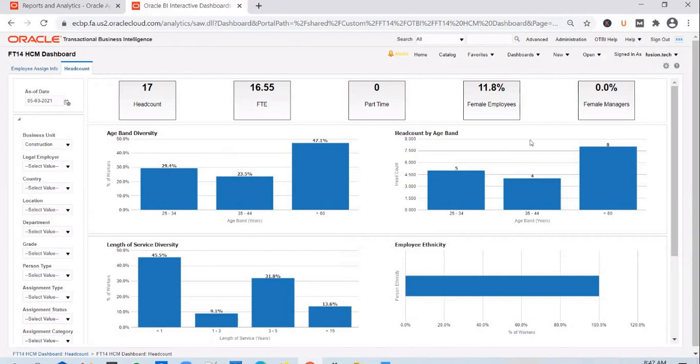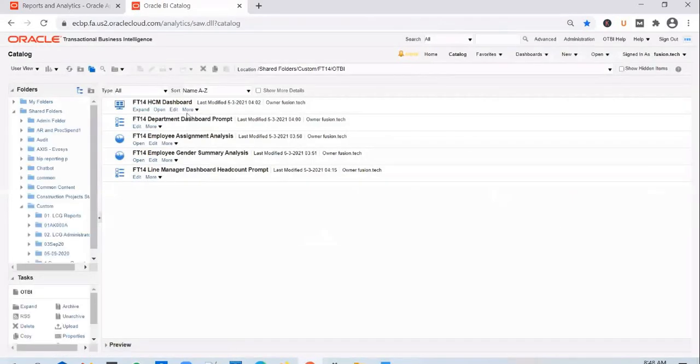And let's say the client has asked you to make some change at the report level. Say, for example, for this report, they said they're not okay with a vertical bar chart output. They want to see it as a horizontal bar chart like this one. What approach do you need to follow? Exactly the same approach that we've done just now. Go to catalog, look at the report that is being used in the dashboard page, edit it, do a save as, and then replace it on the dashboard.